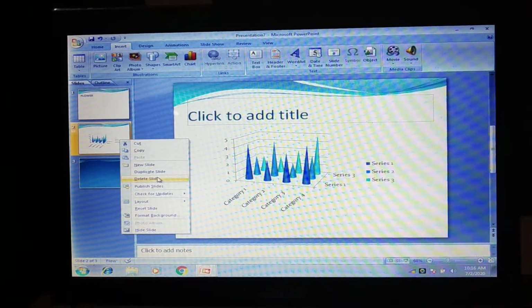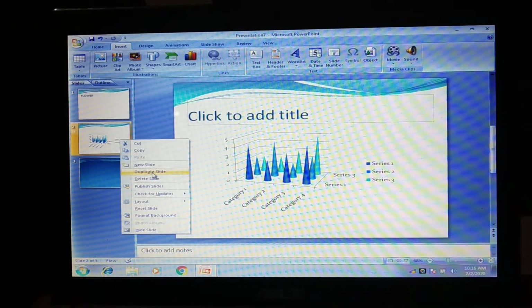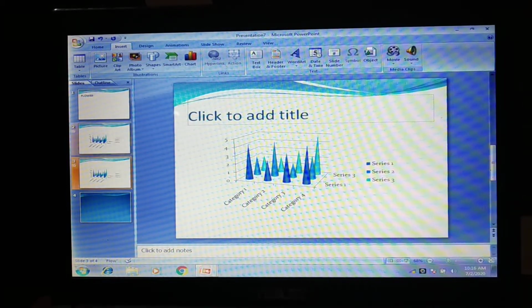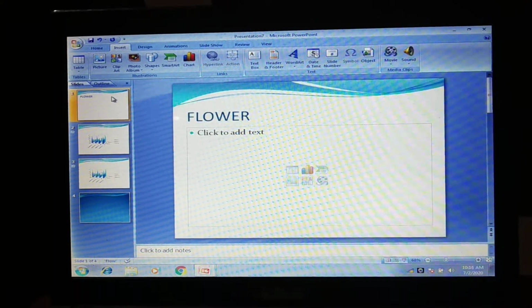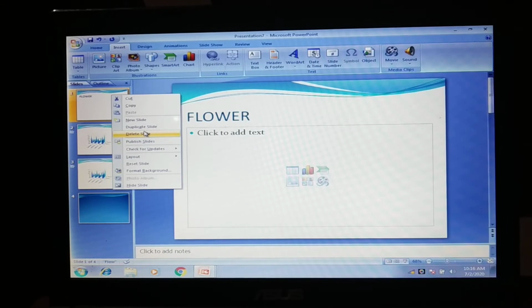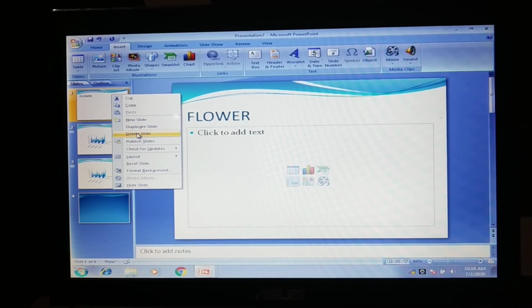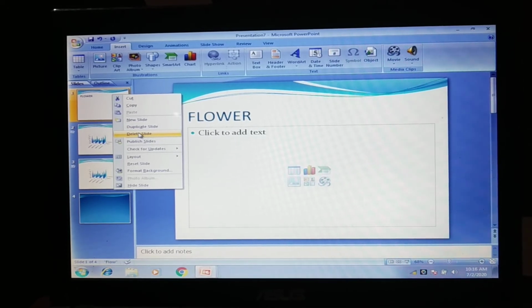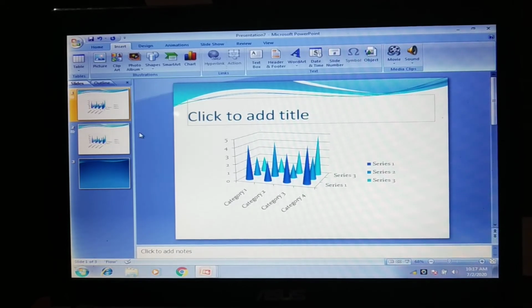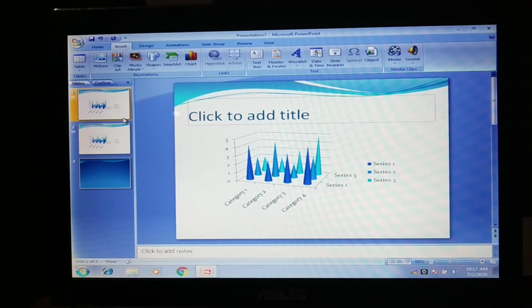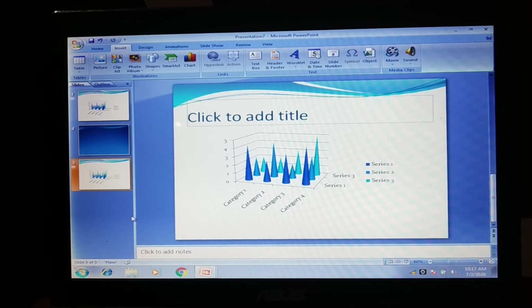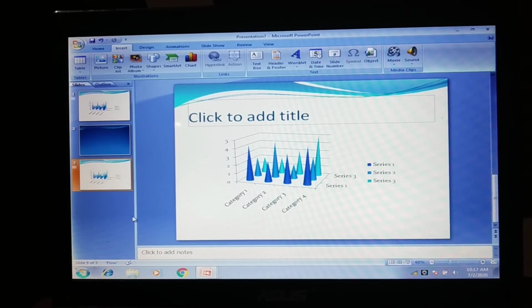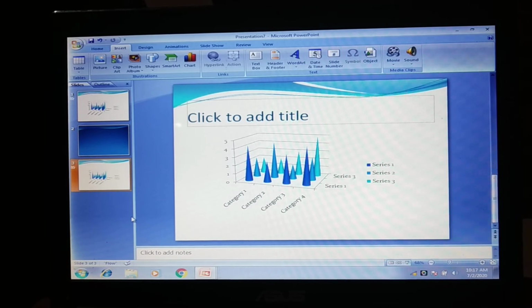You can see duplicate. This is duplicate. See, duplicate. Another same type of slide is created. Now if I want to remove this slide, then let me delete. I have taken the arrow here, make a right click on the mouse, then I will choose the delete key. See, it will be deleted. Moving I have already shown. By dragging up and down you can just change it. So from page 49 to 54 I have covered in today's class.